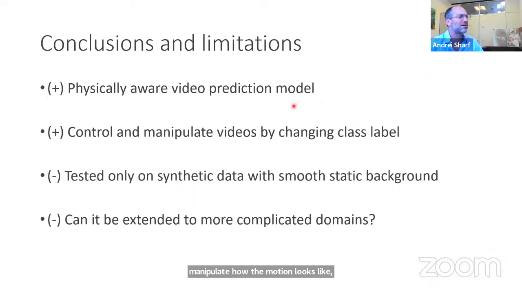Okay, I will not go into the ablation study due to the lack of time. In terms of conclusions, this work has some pros, which is that we are able to control and manipulate videos and really get the physical terms. On the downside, we were not able to scale this to more complex physical scenarios, and this is a question that needs to be answered later on. So I will stop here. Thank you very much for listening, and of course I'll be happy to have some questions in the time